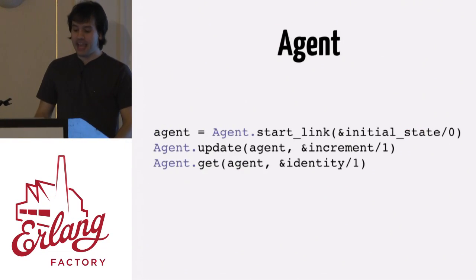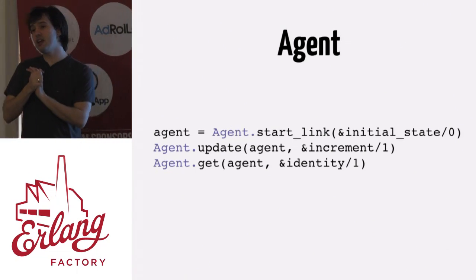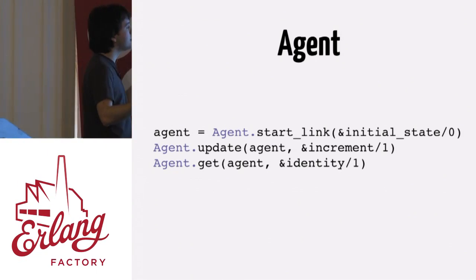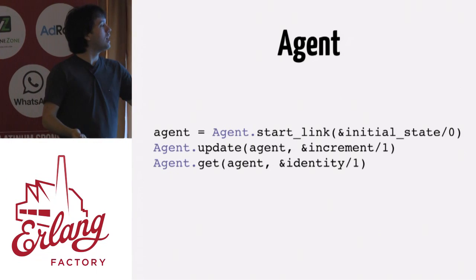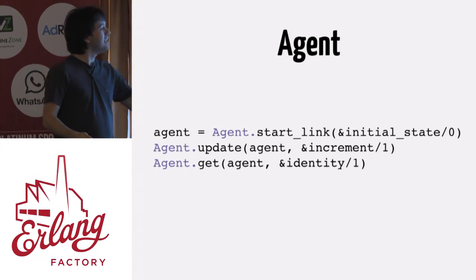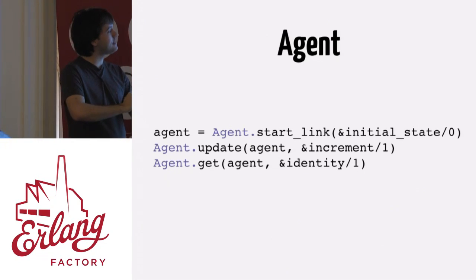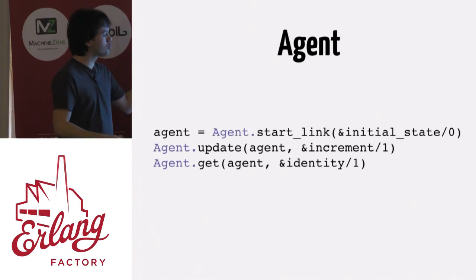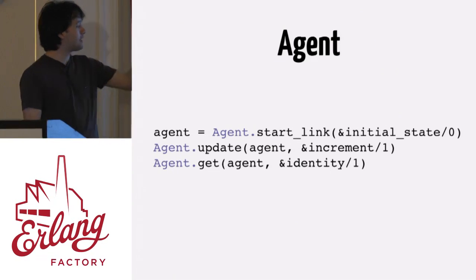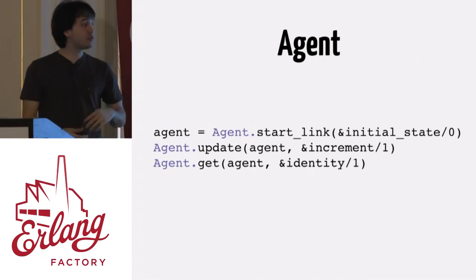Okay? And the other one, so that was tasks, which is about computation. And the other one is agents, right? And there isn't really much about agents because they're just about state. So what we do is you start an agent, and you pass a function that calculates the initial state. And then every time you want to update the agent, we send another function that's going to receive the state and return the new state. And every time you want to read the state, get a portion of it, or all of it, you just call Agent.get. That's going to get whatever we care about, that particular state. And that's really, really useful, right?